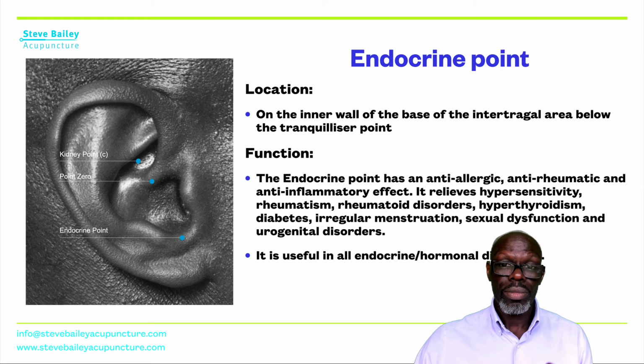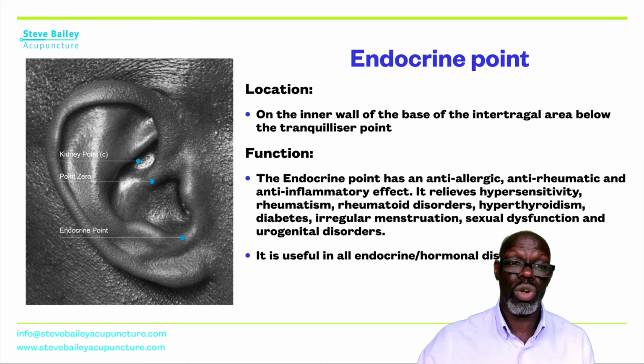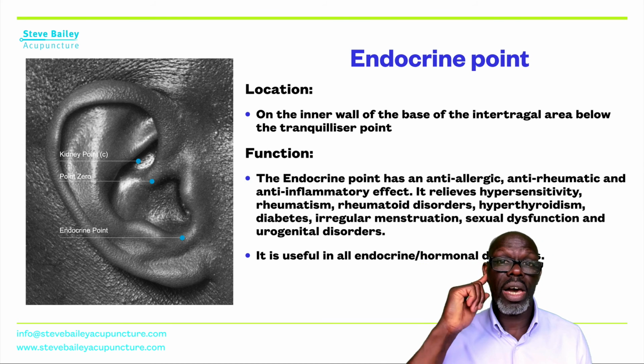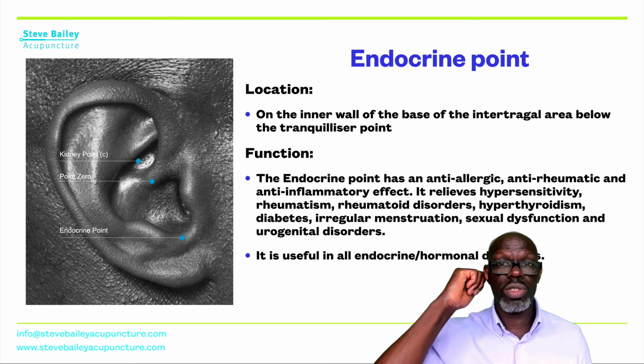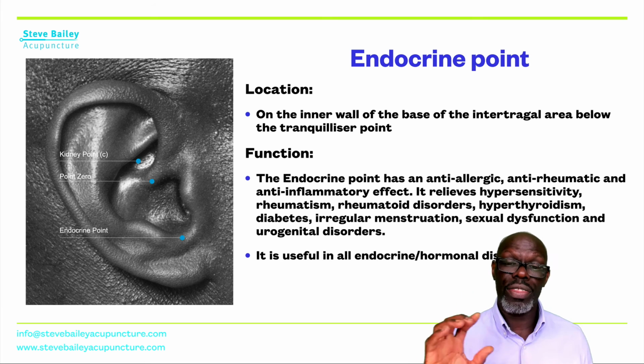Endocrine, again, quite a good point. Easy point to locate. You just go to the bottom part of the ear, and bear in mind it's on the inner wall, so it's not on the outside. You just come to the inner wall, and then you're going to stimulate onto the inner wall of the actual ear itself. And that's, again, quite an effective point. That is going to be your endocrine point,